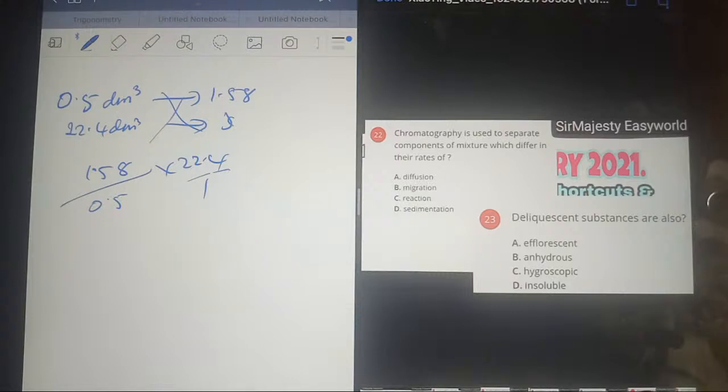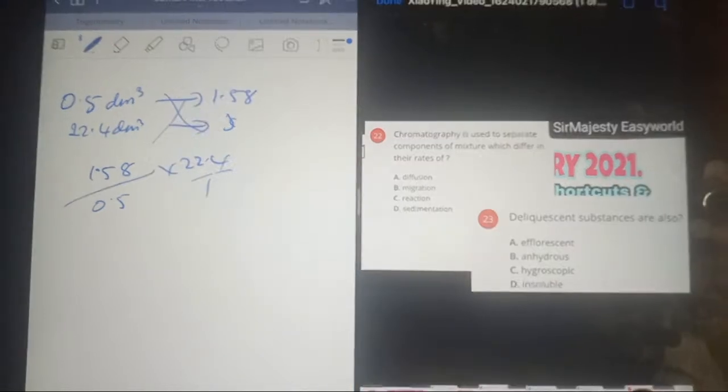Anhydrous means without water at all, without water of crystallization. Hygroscopic means substances that absorb moisture, that absorb water and become moist, not to form a solution. They absorb with control. They are perfect drying agents. Insoluble, these are things that don't dissolve. So the deliquescent ones dissolve. If not, they won't absorb. There is no insoluble deliquescent substance that I have seen yet.